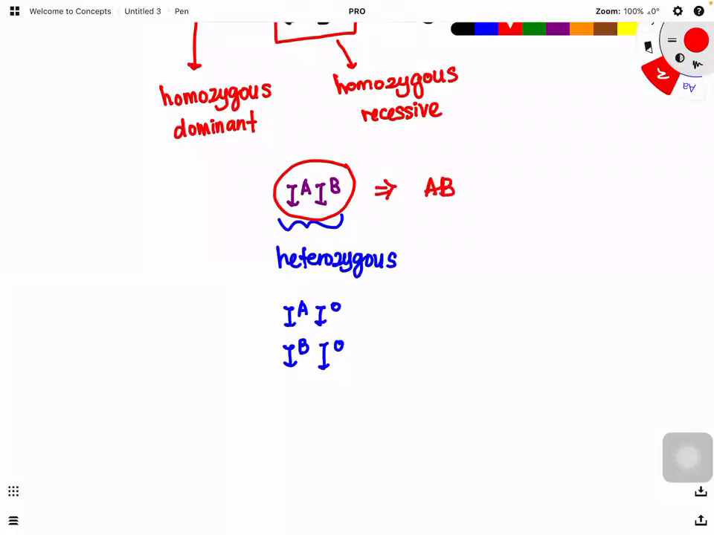The phenotype is blood group AB. So why? Because both of them equally express. A is also dominant, B is also dominant. So both of them equally express. We use the third word here: both of them equally